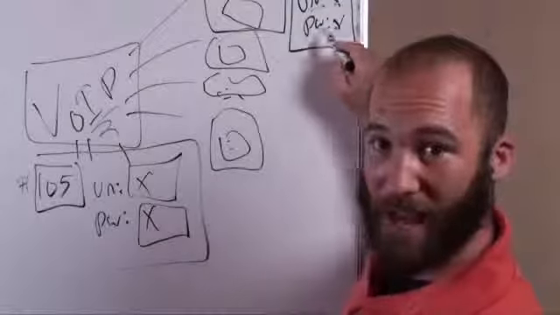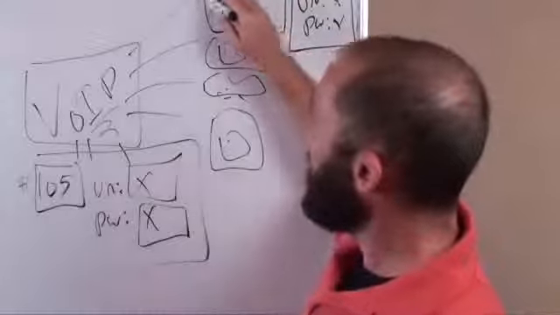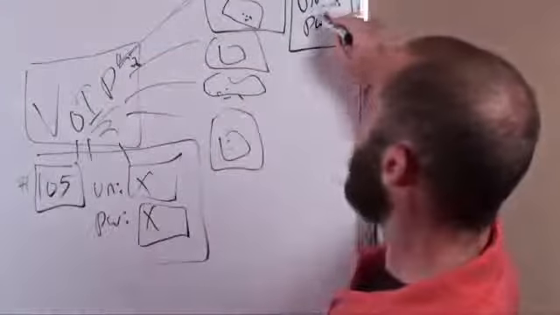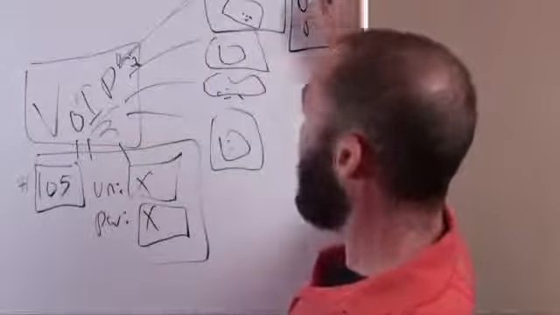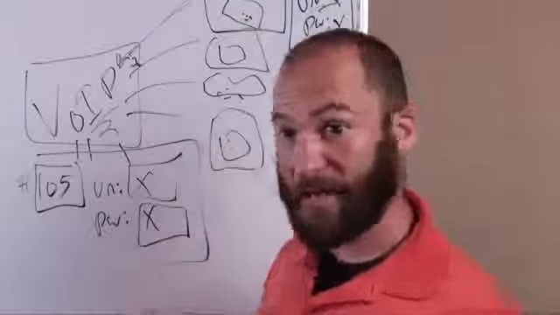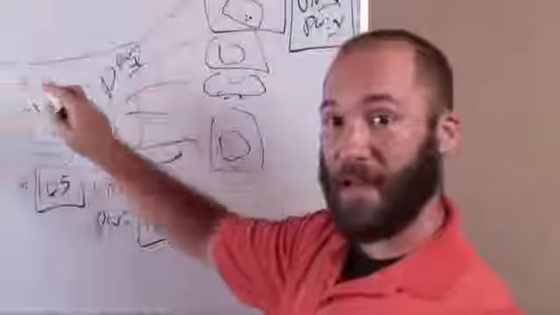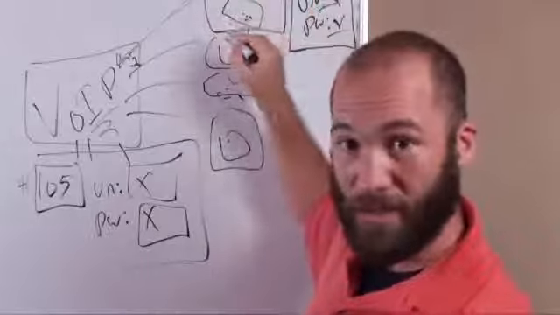So what will happen is you plug in this information: extension 105, username X, password X. When this phone gets on the network, it will connect to the voice over IP server, and it will say, hey, my username is X and my password is X. I want extension 105. And the voice over IP server will say, okay, your username and password are correct. Here, you are now extension 105. So if somebody calls in from the outside world, they dial extension 105, they will now go to this phone.